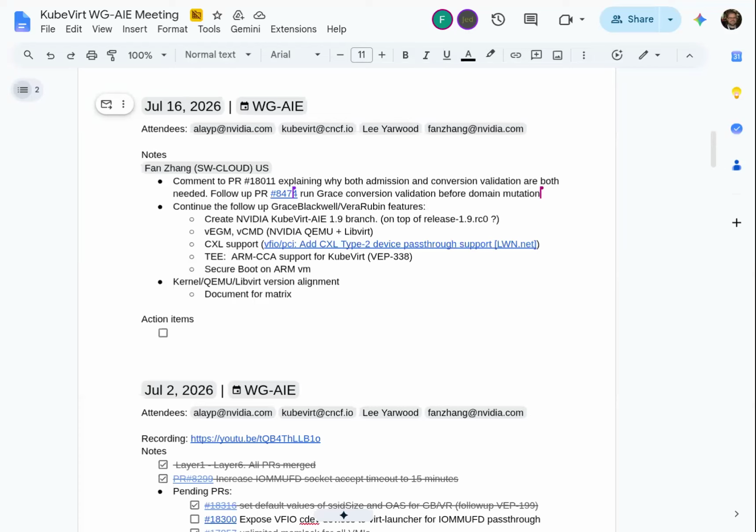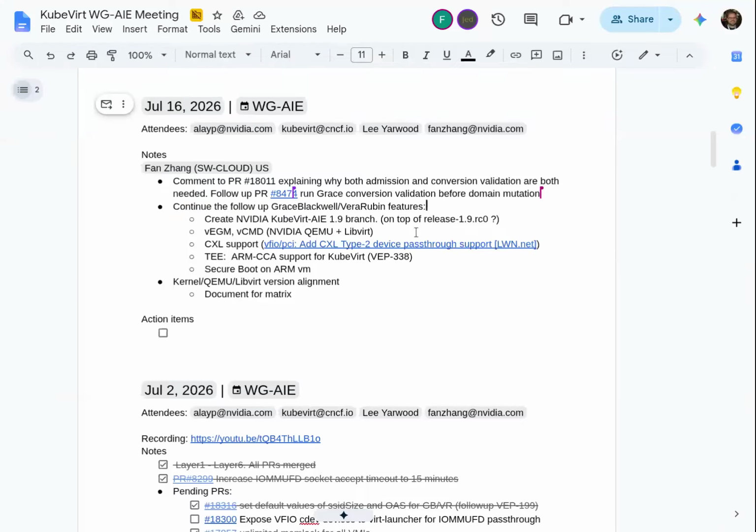That's only a very basic baseline for the IOMMUFD devices passthrough and running the VMs using the SMMUv3.